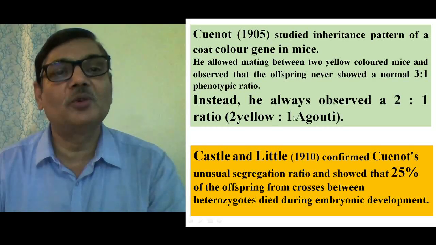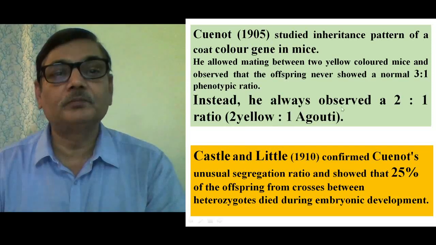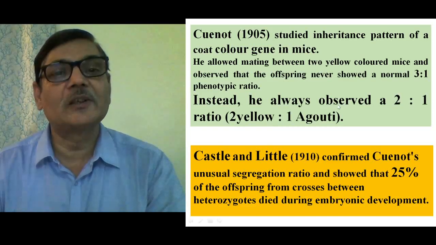Agouti actually refers to those mice which are wild type, which possess a brownish coat color. If you see the hairs of such mice, the tip of the hair will be black in color, its basal portion will also be black in color, and the middle portion looks yellowish. So as a whole, such hairs give a brownish expression of the coat color and are referred to as agouti. So instead of a 3:1 ratio, he got 2:1, but he was not able to explain